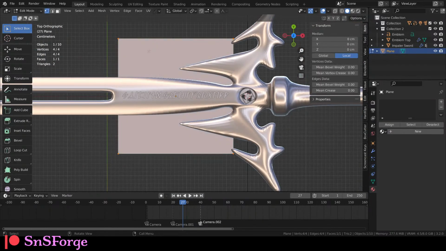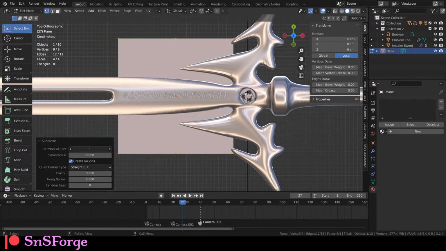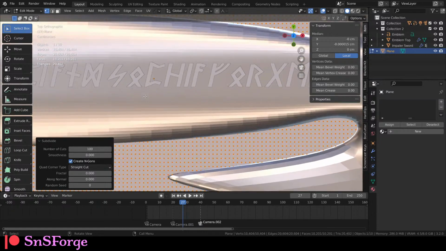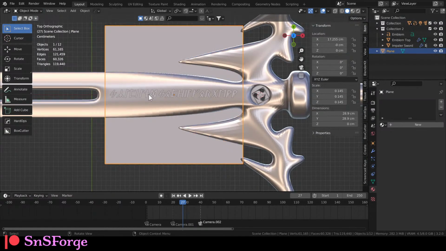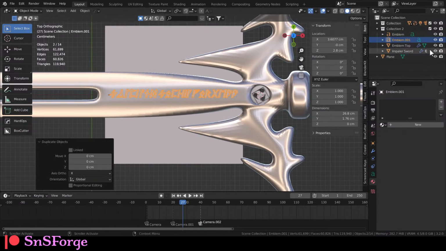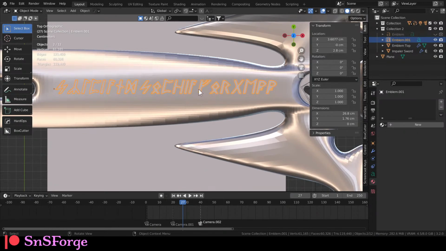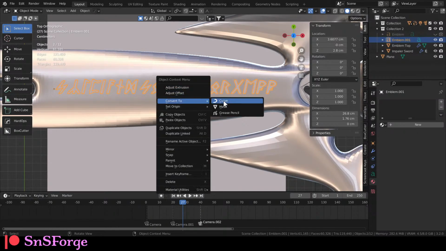Edit, subdivide by, let's see, about 100. Yeah, I think that's enough. Select the text, we're going to duplicate it to have a backup. This one we're going to convert to curve